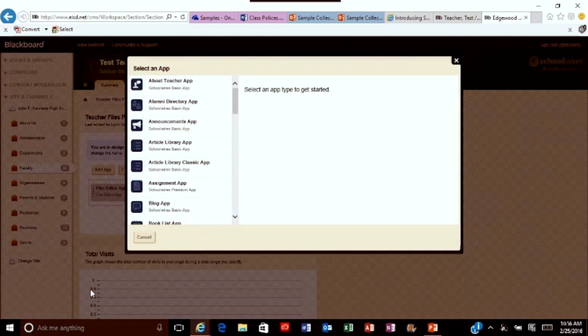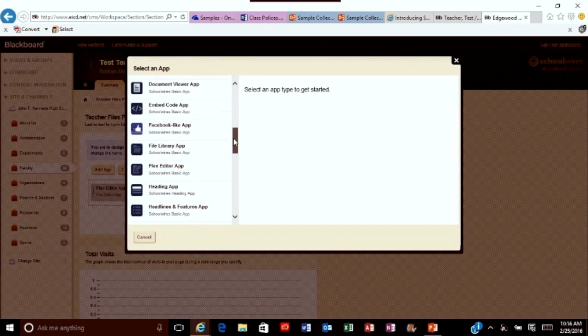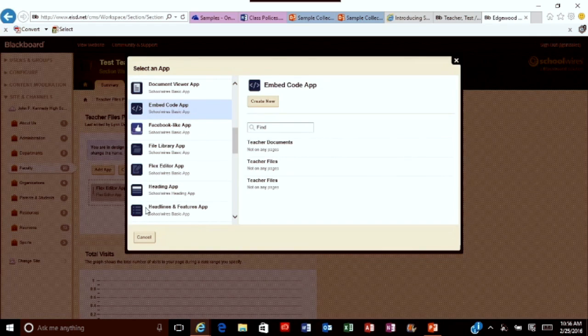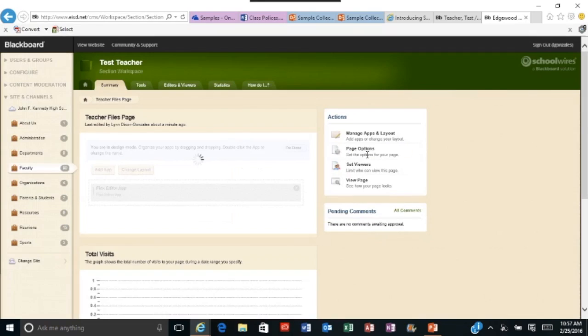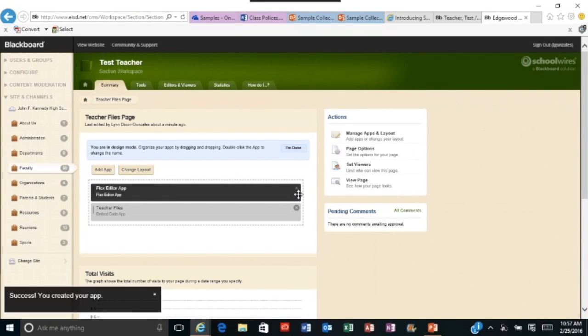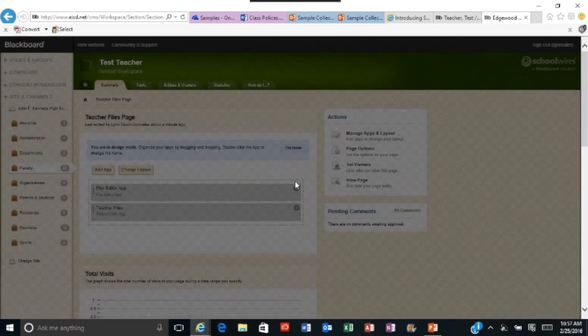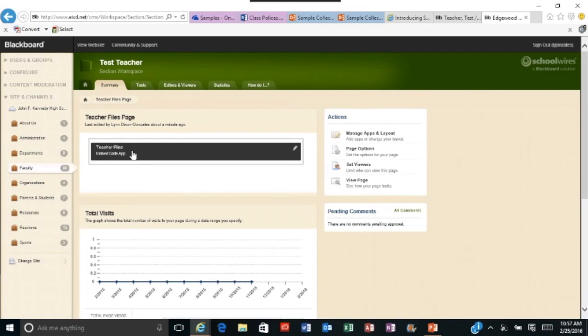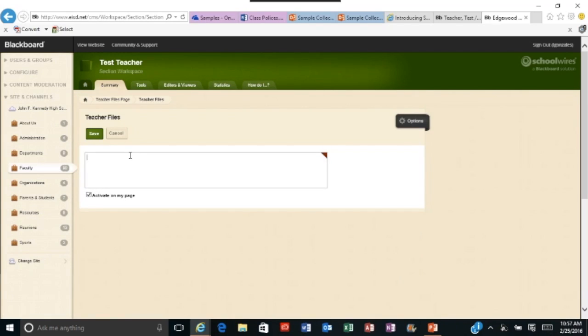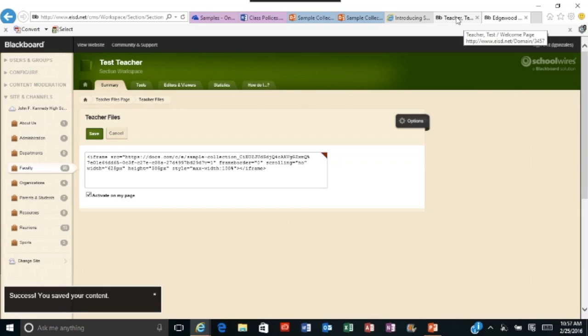So I'm going to add an app, and the app I add is the Embed Code app, and I'll call that Teacher Files again. So now I get rid of that Flex Editor app. I don't actually need it, and I'm done. I go to my teacher files, I paste the content in there, I save it,